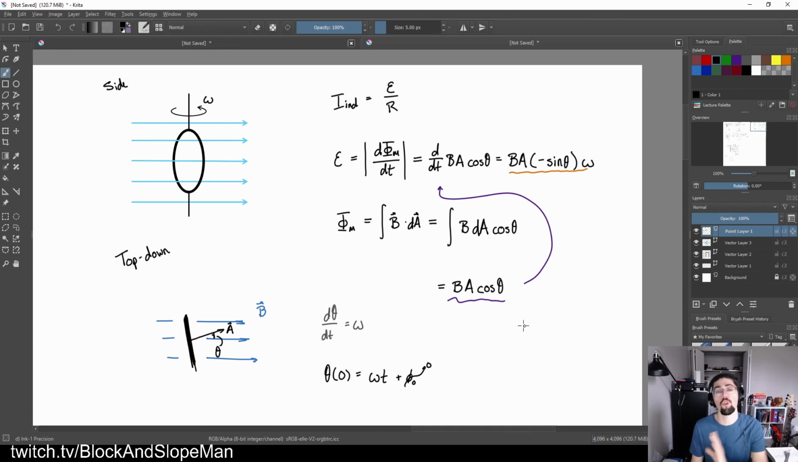It doesn't really matter, because that depends on when we start the stopwatch. In either case, what we're really looking for is how this current oscillates. So I can replace that in here. While I'm here, I'm also going to take the absolute value and come back up into this expression right here. We got rid of the negative sign because we took the absolute value. Then my current